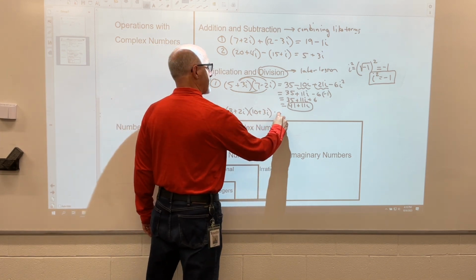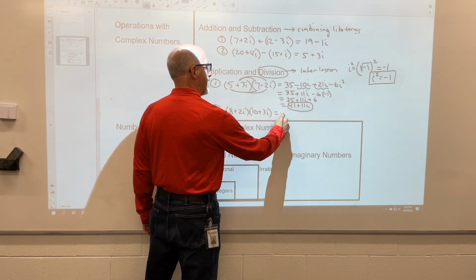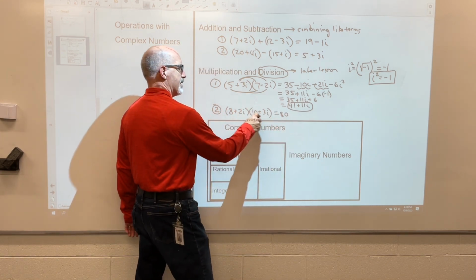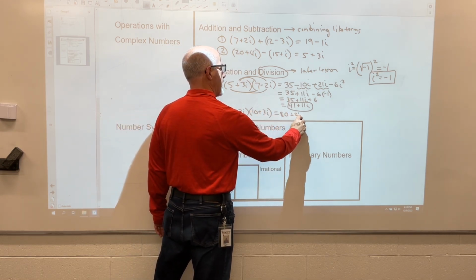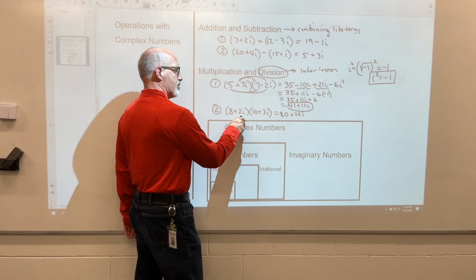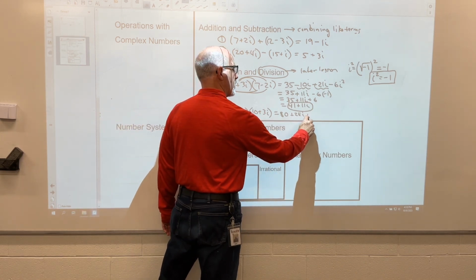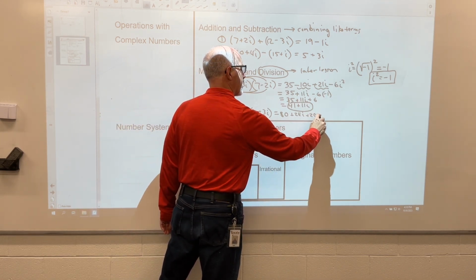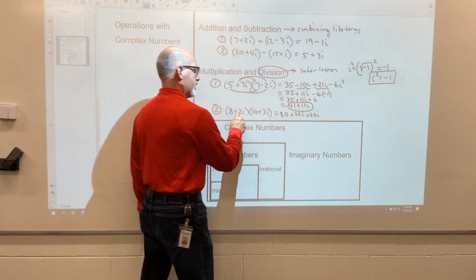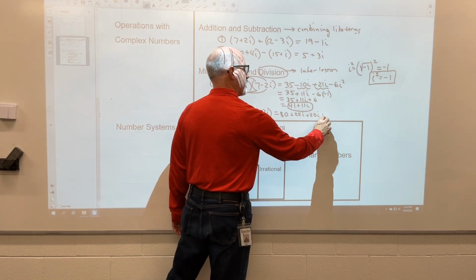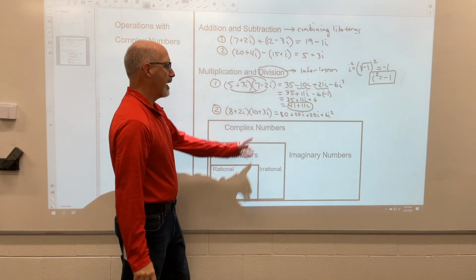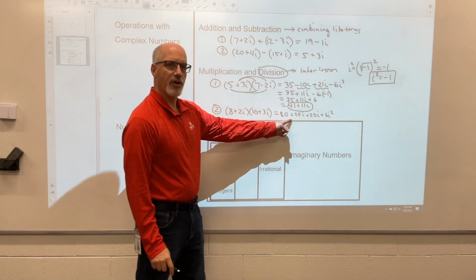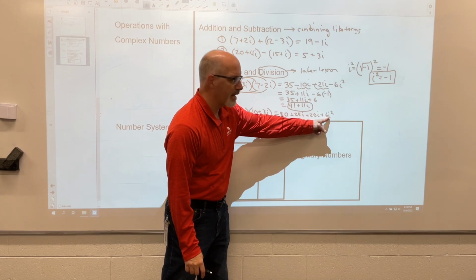I'm going to get 8 times 10 is 80. 8 times 3i is going to be plus 24i. 2i times 10 is 20i. And then 2i times 3i is going to be 6i squared, with a positive. Now, I'm going to combine these two middle terms, and I'm going to recognize that this is a negative 1